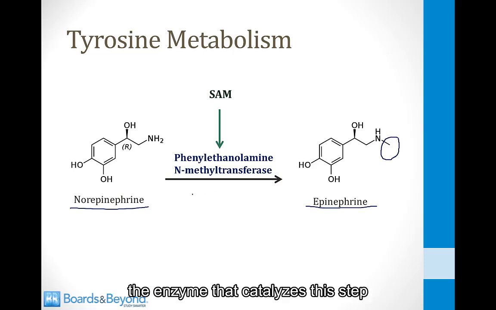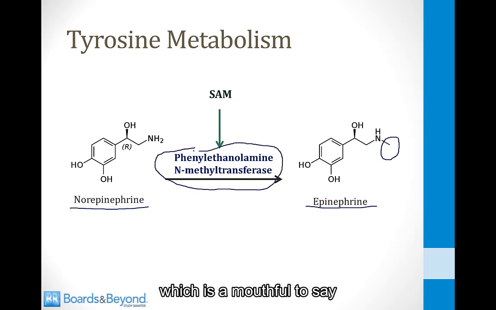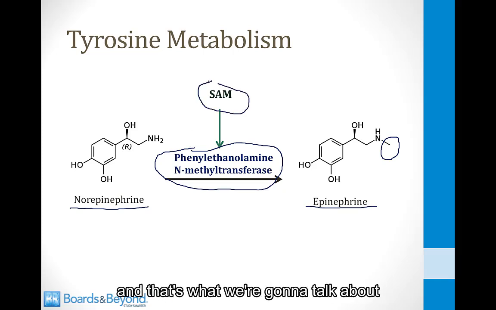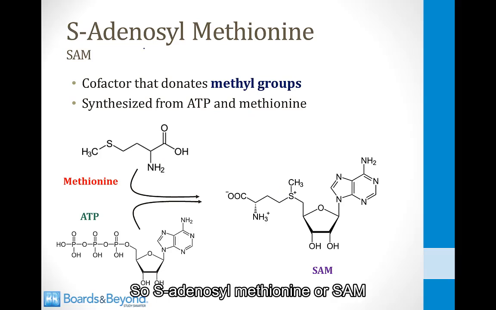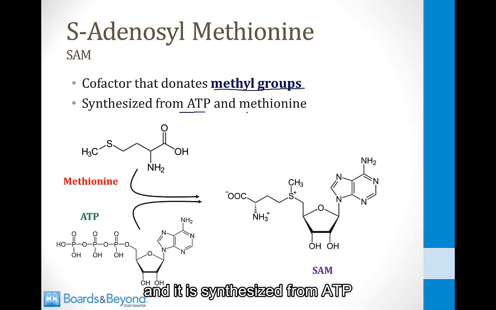The enzyme that catalyzes this step is called phenylethanolamine N-methyltransferase, which is a mouthful to say, and it requires a very important cofactor called S-adenosylmethionine, or SAM, and that's what we're going to talk about in the next few slides. So S-adenosylmethionine, or SAM, is a cofactor that donates methyl groups, and it is synthesized from ATP and the amino